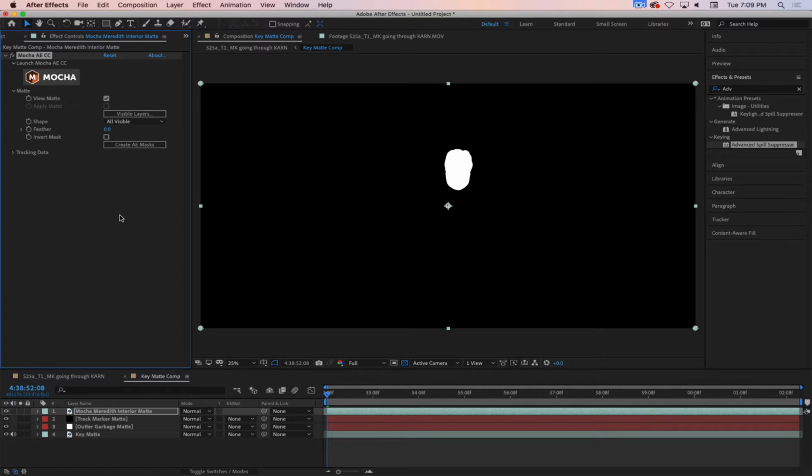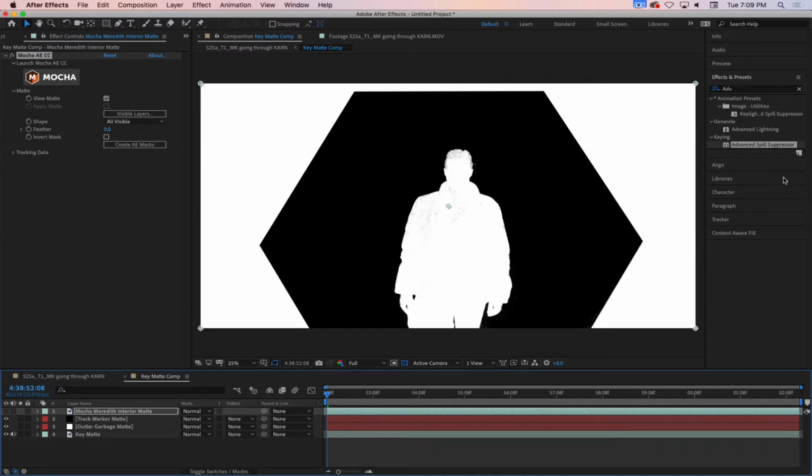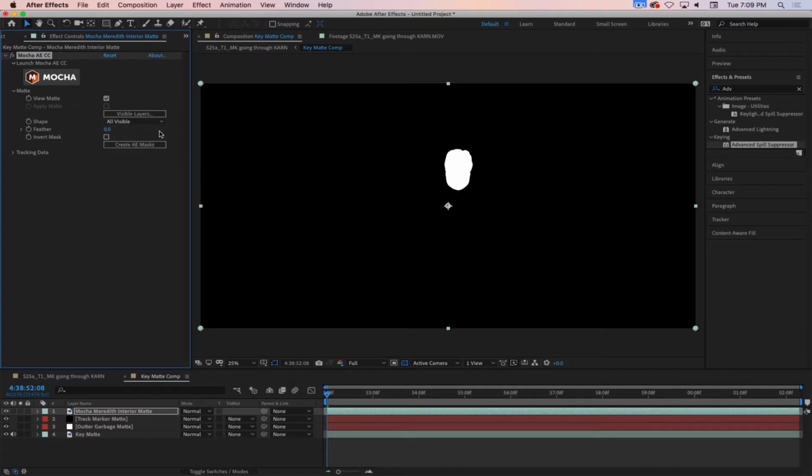And now it's just going to show this as a black and white matte. And we want it to be on all visible layers. What we honestly probably need to do with this is separate this from our original key matte. Because right now we have stuff that we've done in the background, right? And Mocha is giving us all the visible shapes. And I'm wondering if there is an option. I wonder if we go Mode,